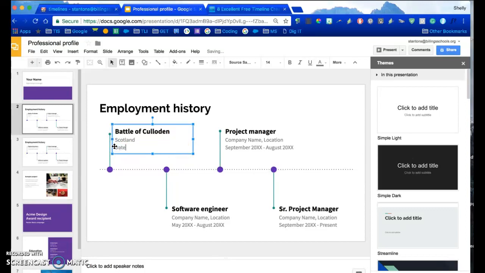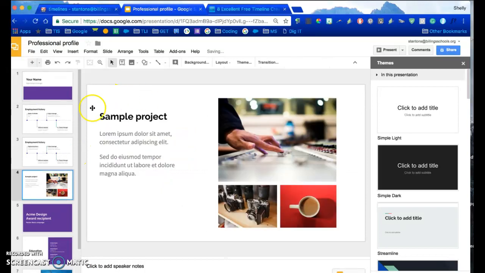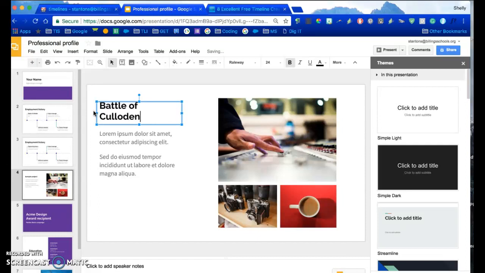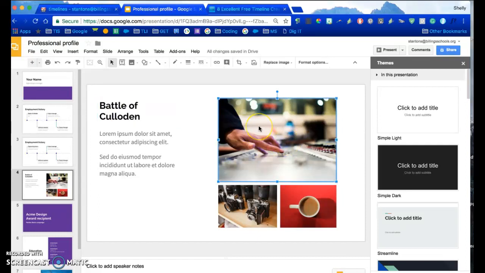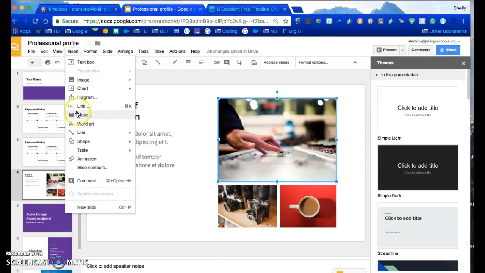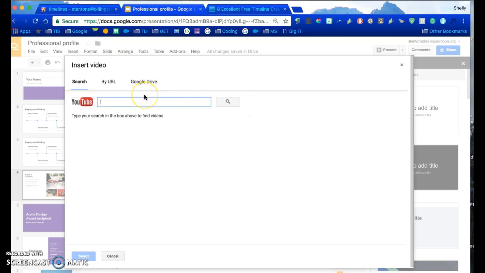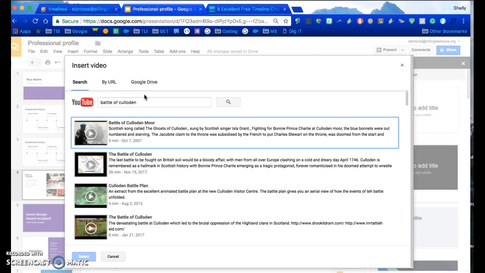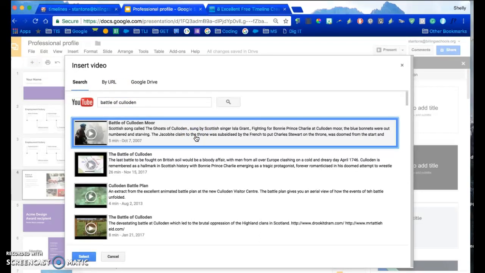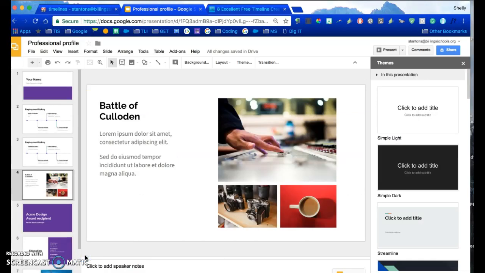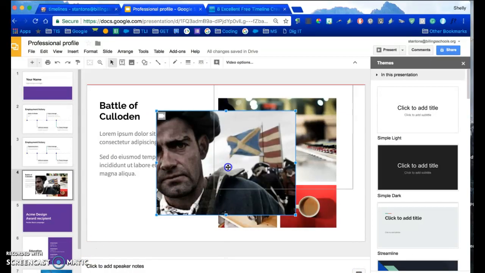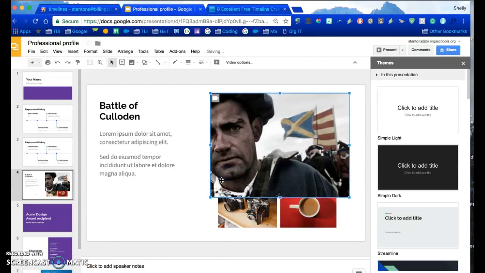What I think would be really awesome, though, is down here, I could talk about the Battle of Culloden. Bear with me here for a sec. I could add images, or as you know, I could insert a video. Let's see here, and I'm going to search for Battle of Culloden and see what pops up just randomly. This is nothing I've worked on before, so I'll just pretend this is fabulous. So I could add a video, I could add descriptions, I could really go in detail about whatever this is